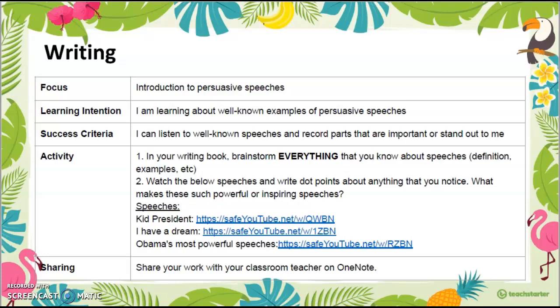So first of all, your first speech that you'll be watching, you're going to watch it. They're not very long speeches, they're about 2 minutes to 5 minutes. And you're going to dot point anything that you notice about these speeches.